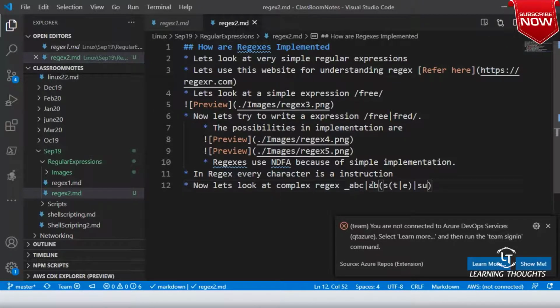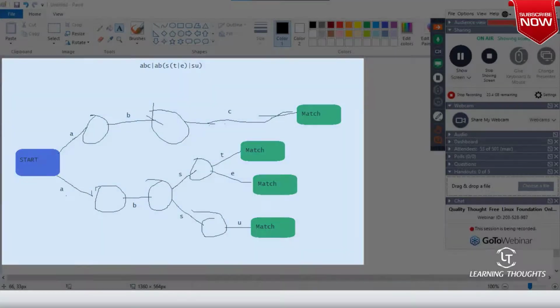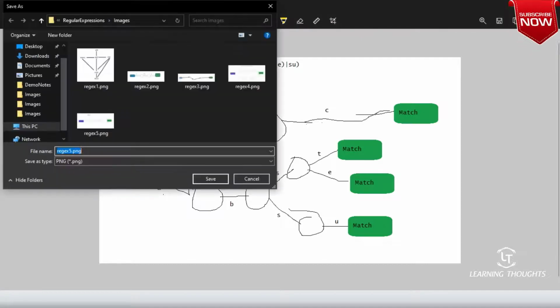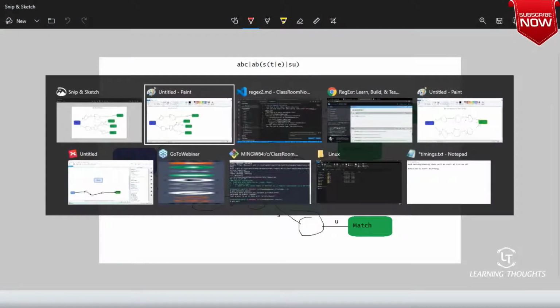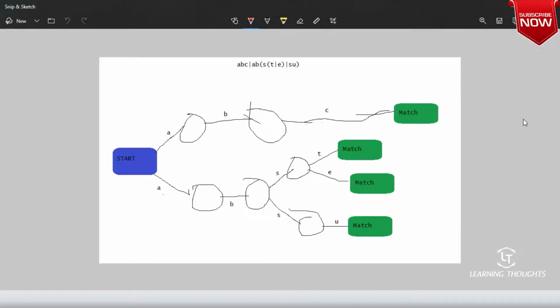The implementation of this will go look into this path. Whenever you're writing regular expressions, please understand this. A regular expression will always try to match the letters. If the match is found, that is the best case. If the match is not found, that is the most complex, most time consuming operation. I have seen people who try to write regular expressions which do not match. It is better that you write regular expressions which match. Match means you have a way out.